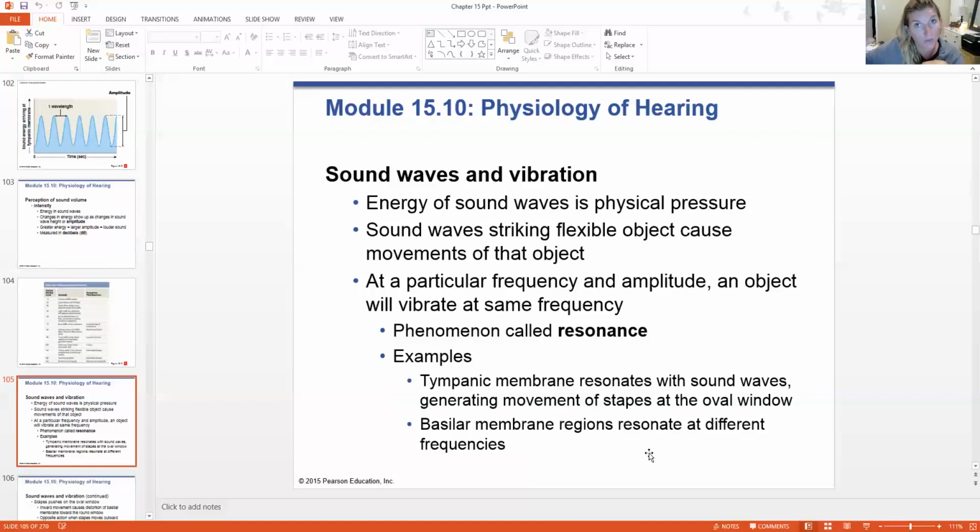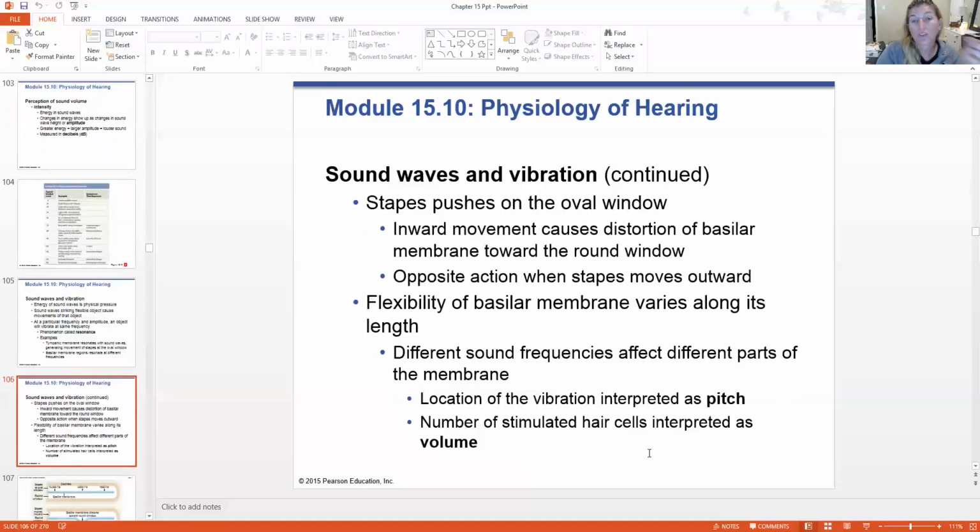which is going to generate movement at the oval window. That basilar membrane is going to resonate at different frequencies as well. So the stapes pushes on that oval window. Inward movement causes distortion of the basilar membrane toward the round window, and the opposite action happens when the stapes moves outward. The flexibility of that basilar membrane is going to vary along its length. Different sound frequencies affect different parts of the membrane. So the location of the vibration is referred to as pitch, and the number of stimulated hair cells is our